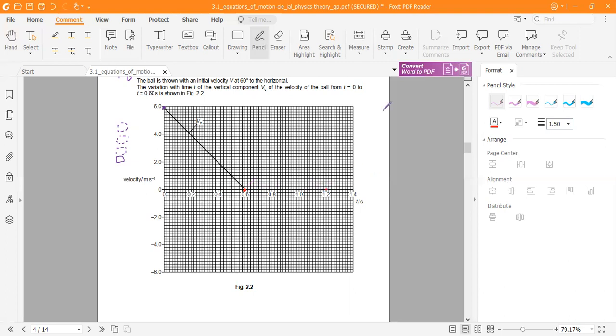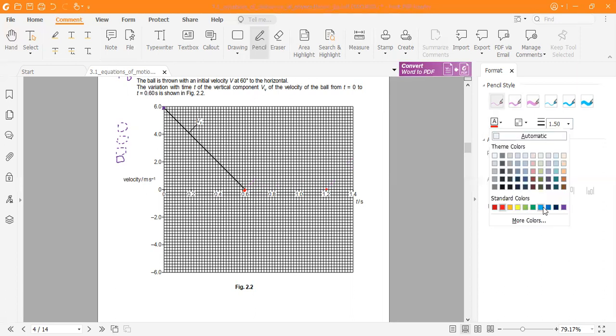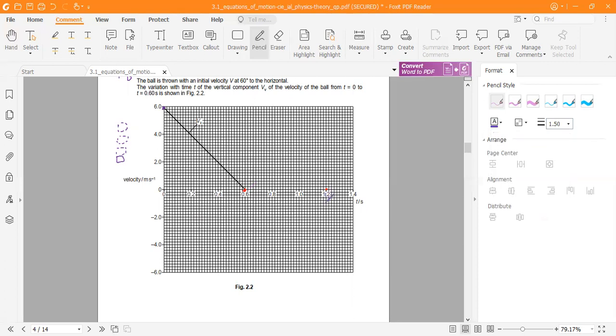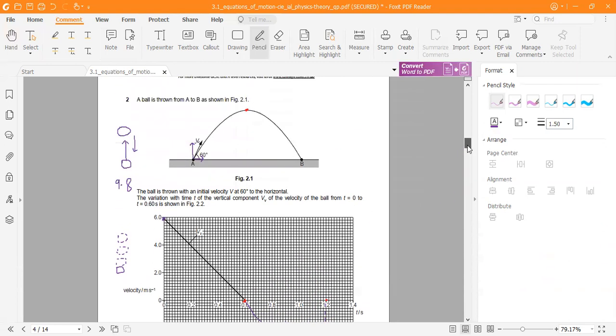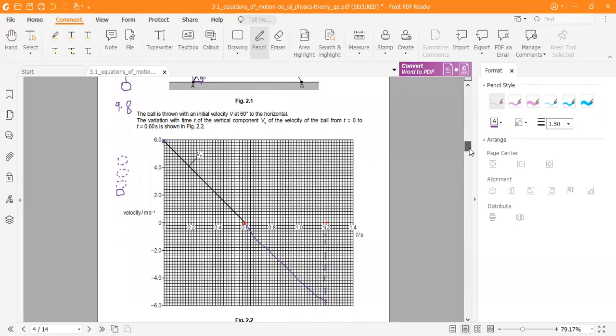So I can simply draw this line over here, and extend this graph until it meets that line, like this. A simple way to think about that is that the time taken by the ball to go up will be equal to the time taken by the ball to come back. It first took 0.6, and then to come back it would again take 0.6, so it would be 1.2.